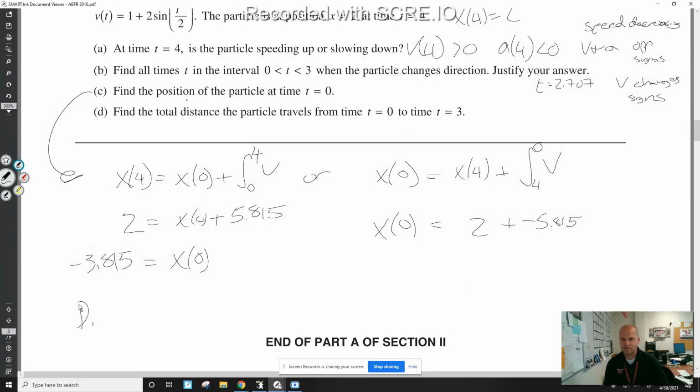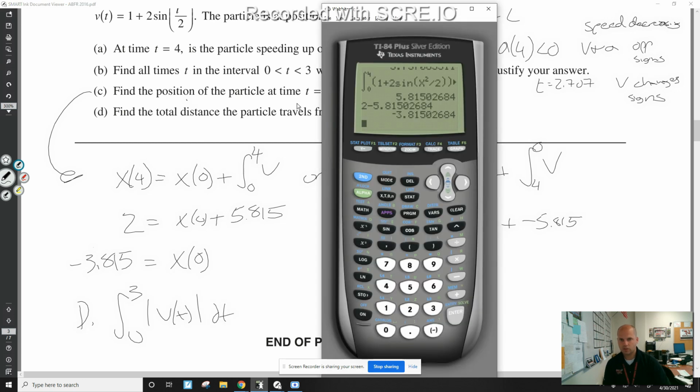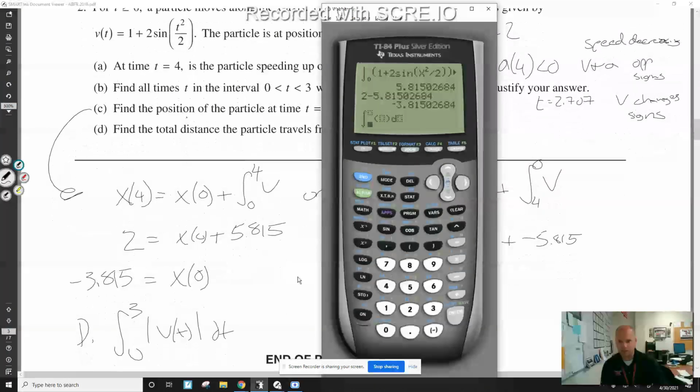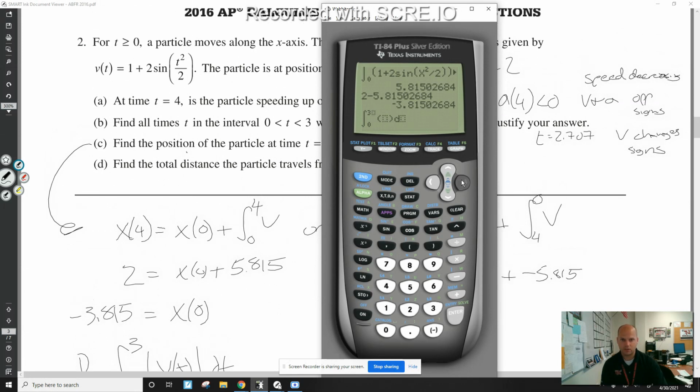Part D, distance. Absolute value of velocity. That's a piece of cake. This question's so easy. These questions are so easy. I say that because I've done them so many times. If you guys practice these questions enough, you're going to be like, this question is so easy. If you just remember distance, remember displacement,